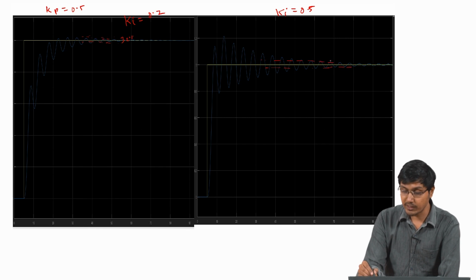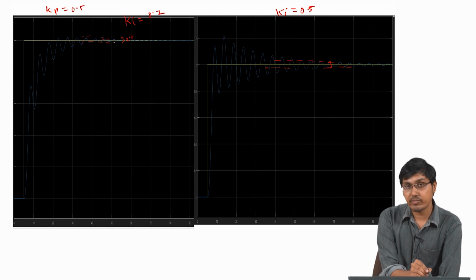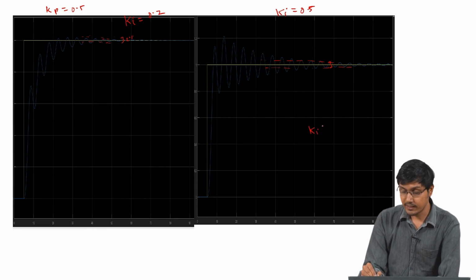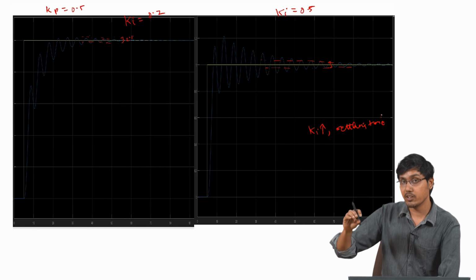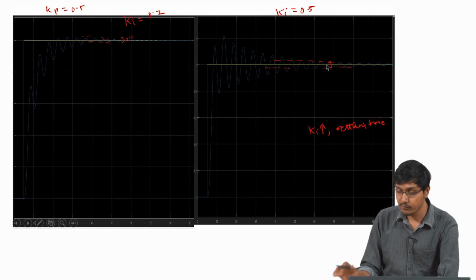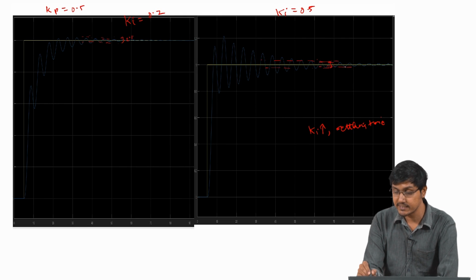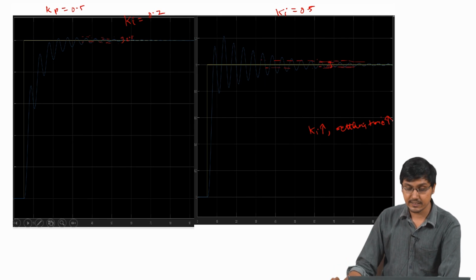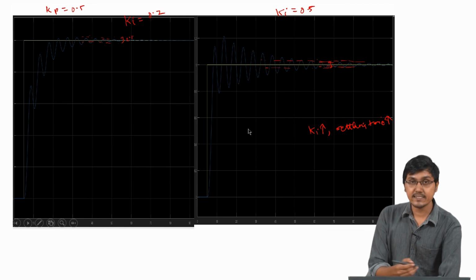So within this particular 2% range, this goes faster than this one. So, when you increase the Ki, settling time is actually getting higher. So, it takes longer for me to go and stay within a particular range. It takes a longer time to stay within this, because here it goes outside of this range again. Here, probably somewhere here, it goes within this range and stays there. So, settling time increases when Ki increases.